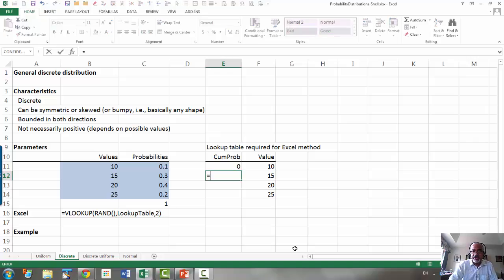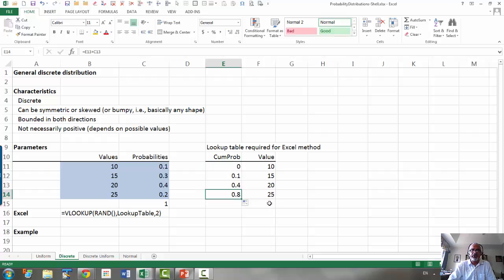Then the next lower limit is you take the previous lower limit and add the probability for that value 10. So 0 through 0.1 is the probability associated with 10. Now once we exceed this, remember this is your lower limit for a given value. Now when you copy that, you get the lower limit of the probabilities for each of these four